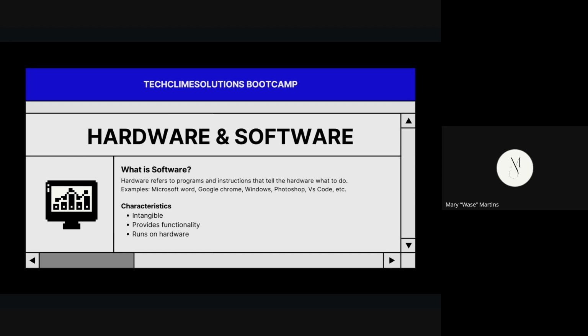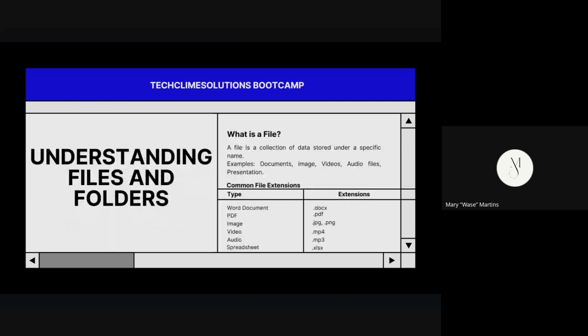You need hardware, you need your laptop, you need your phone to be able to open Google, to be able to open WhatsApp, to be able to open that app. So that is what software is. So we're going to go straight into